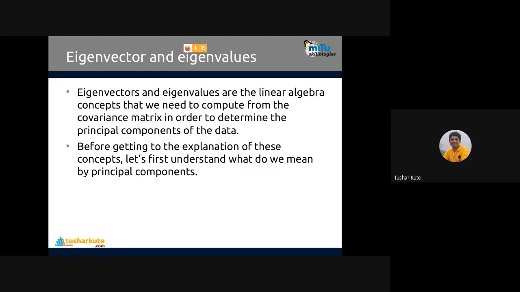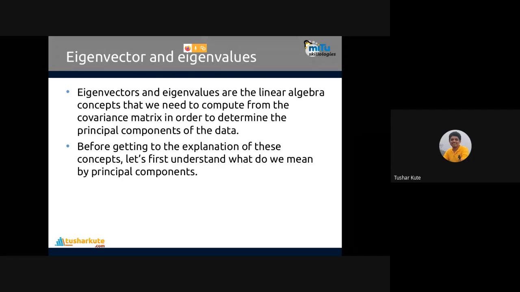Okay. As you know, eigenvectors and eigenvalues are linear algebra concepts that we need to compute from the covariance matrix in order to determine the principal components of the data, that is, which components or features have maximum variance.